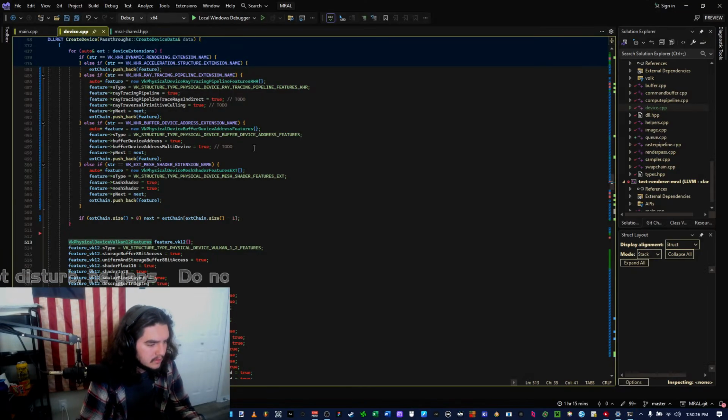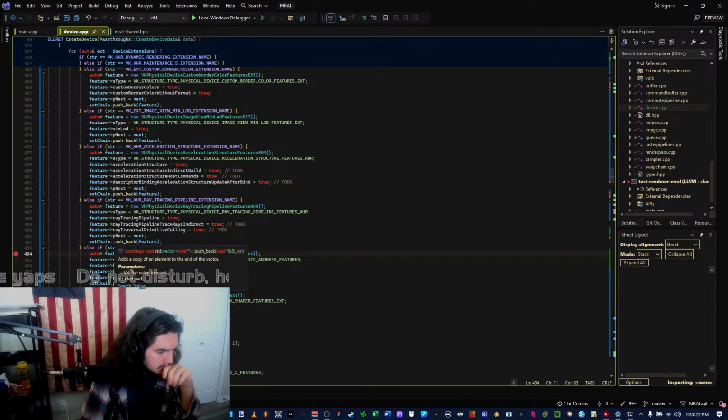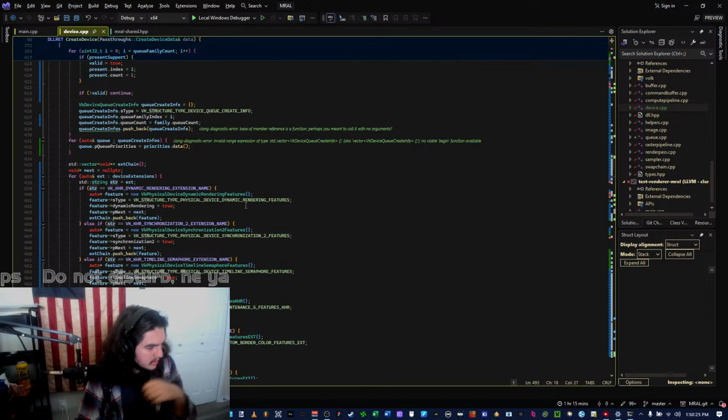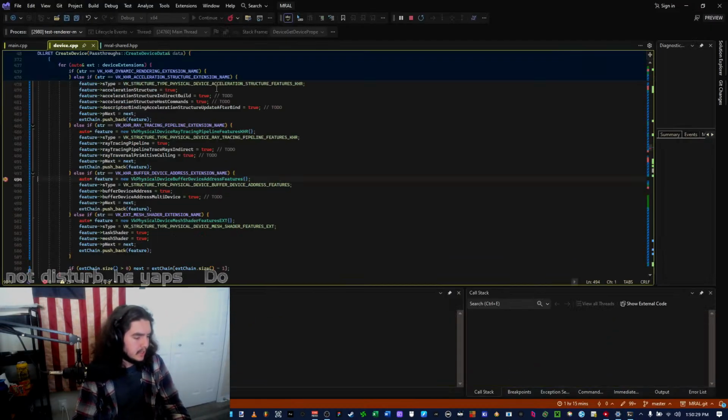Huh. That's telling me it's hitting this. What freaking device features got enabled?